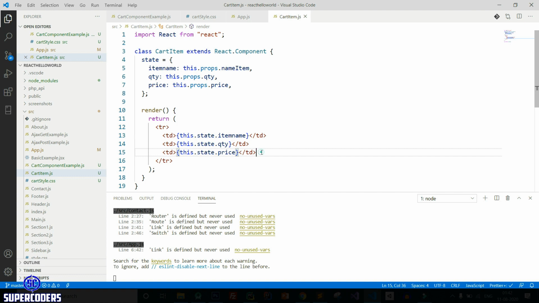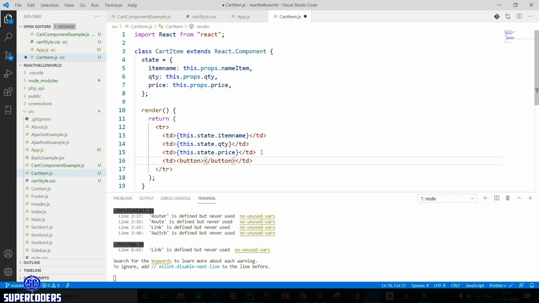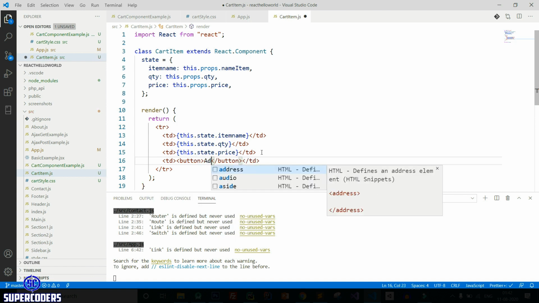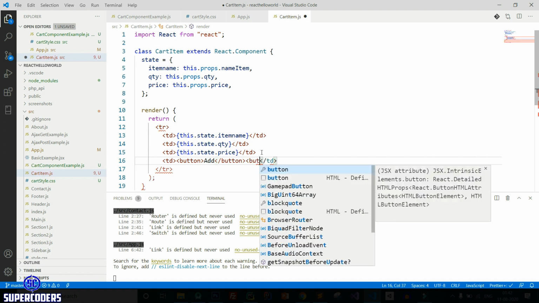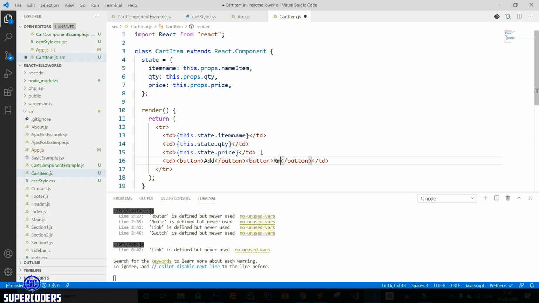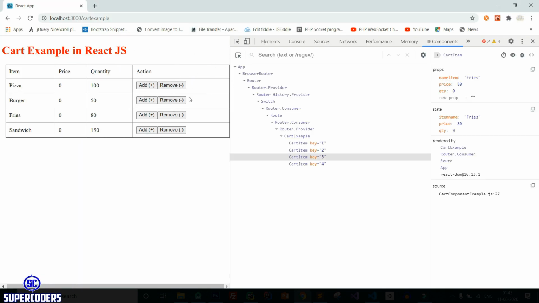So here adding 2 buttons, td button, add button, remove, or instead of this here pass minus, plus, save it. Now it looks perfect.